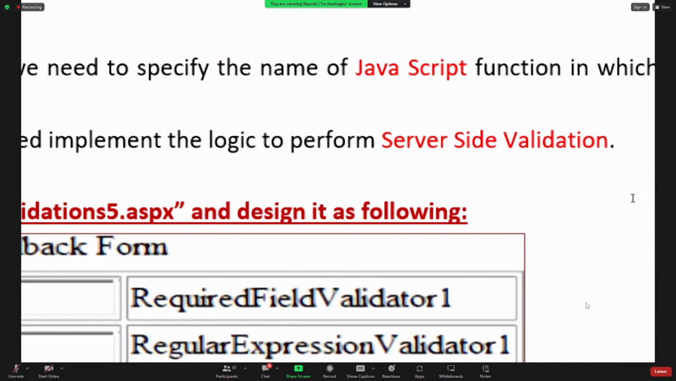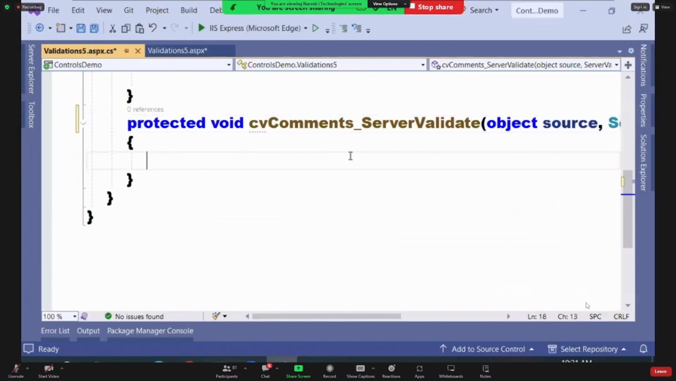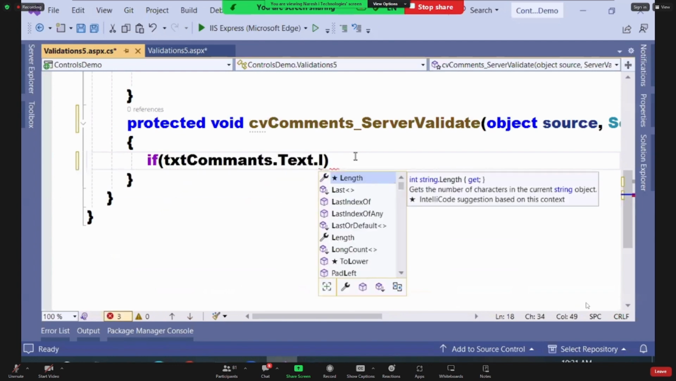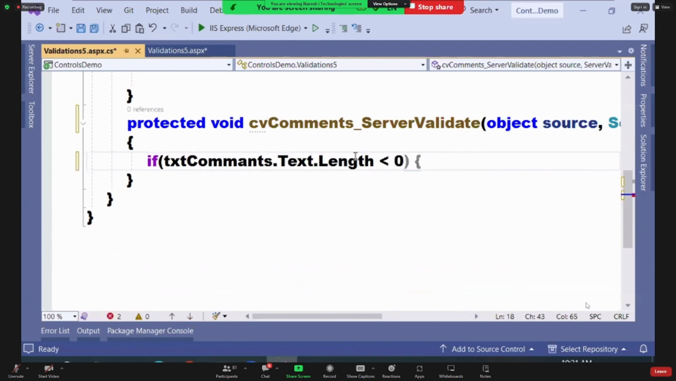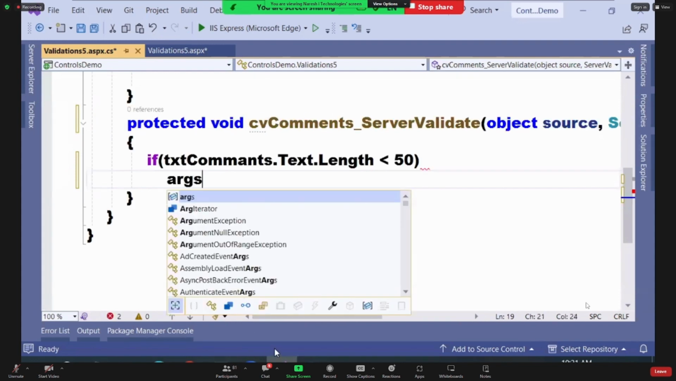Server-side validation. First we'll write server-side, then I'll tell you client-side. The length of the text should be a minimum of 50 characters. Are you clear? If txtComments.Text.Length is less than 50. If it is less than 50, what should I do? args dot